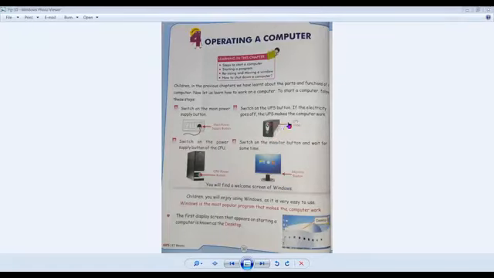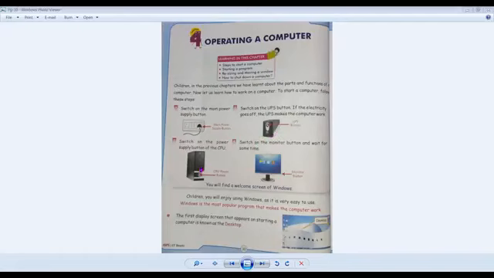So this is a battery of your computer. This UPS comes into play when your electricity goes off. So that your computer does not shut down, one battery has been attached to the computer, and that battery is called UPS, uninterrupted power supply.